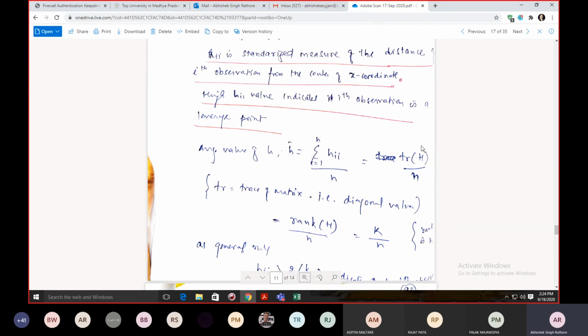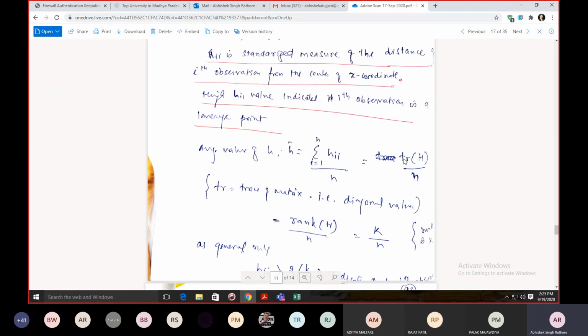So trace of h means you are having the summation of all the diagonal items. The summation of all diagonal items is just your trace of h. This is a term that is used in linear algebra. It was even written in front of you, you could have read it here. This tr is the trace of a matrix, that is the diagonal value. So this is the trace of your diagonal matrix. So again,